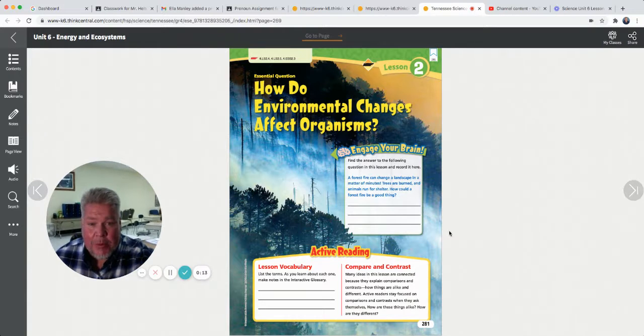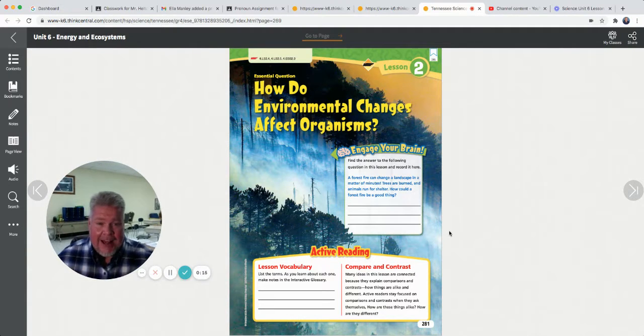And so yesterday we were talking about animal habitats, their niches, the populations, and the ecosystems they live in, and the places they live. And we talked just a little bit about yesterday, what if there was a drought? How would it affect the population of an animal? And we're going to continue on with that thought today.